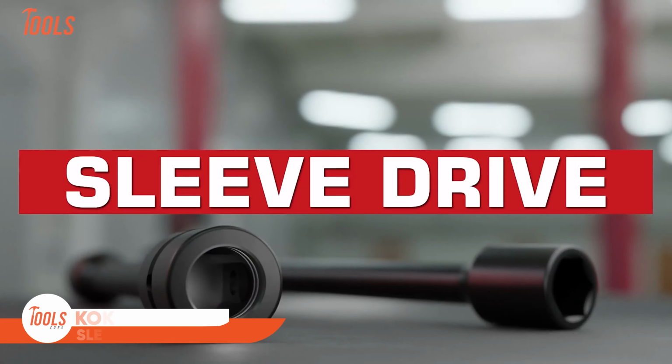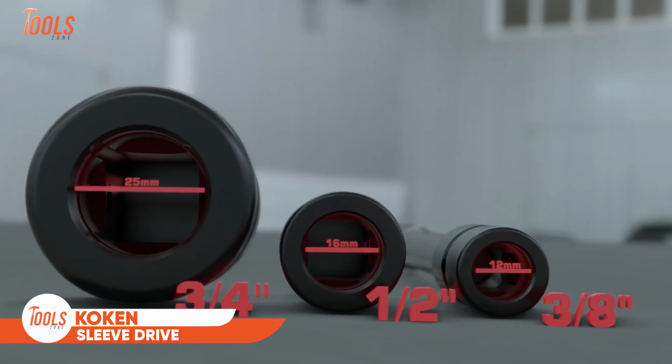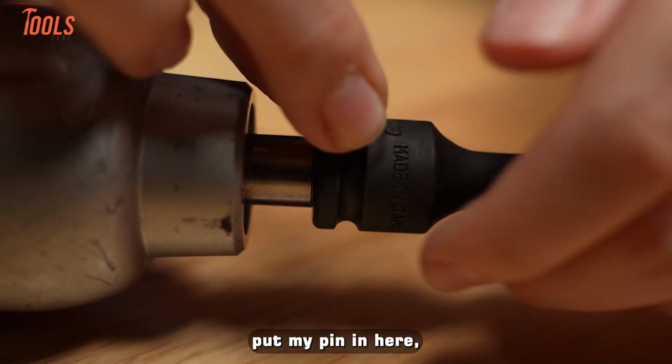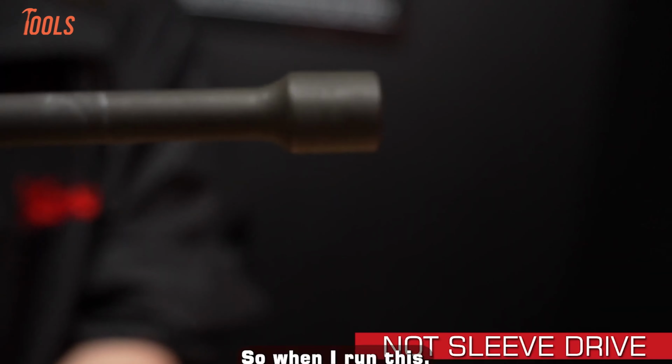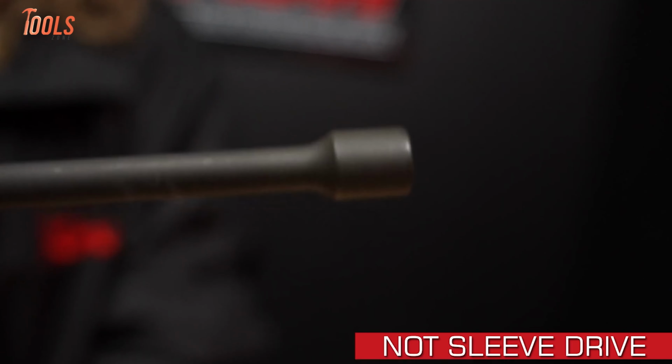Let's have a look at the Koken sleeve drive system. Picture a carefully designed sleeve that wraps around your socket connection point. This sleeve isn't just any component. It's specifically designed with internal mechanisms that grip the socket firmly in place. You'll notice how the sleeve slides forward to engage the socket with a satisfying click and creates that essential secure